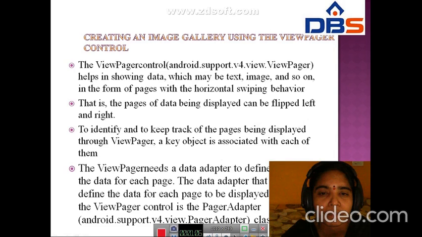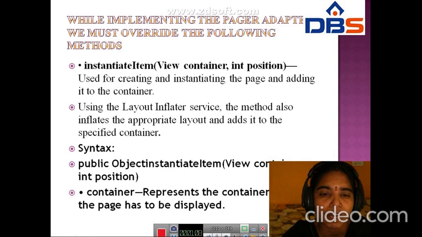Next, while implementing the PagerAdapter, we must override the following methods. First one, instantiateItem. In this instantiateItem, ViewGroup container, int position, it is used for creating and instantiating the page and adding it to the container.